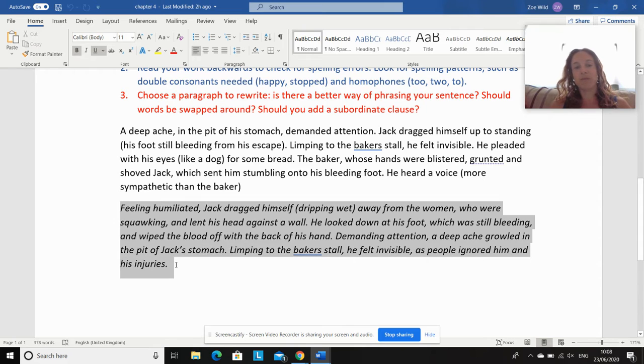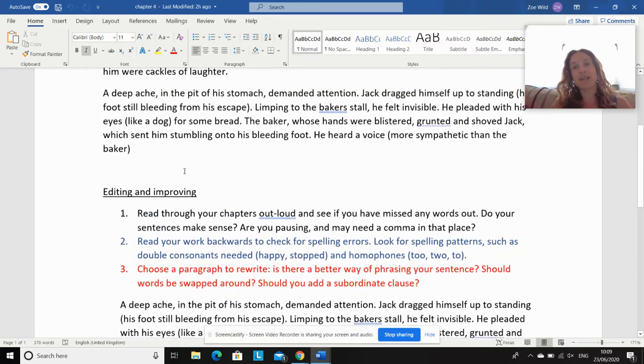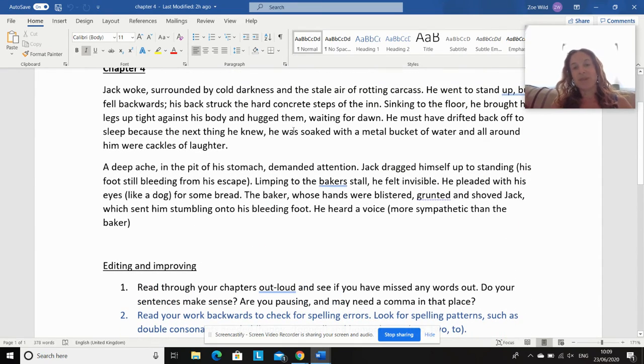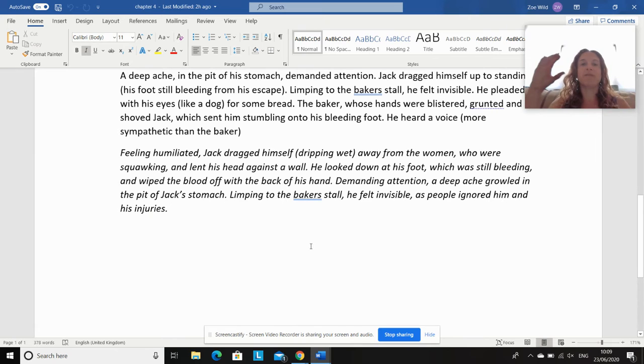So this is my improved one. I've done it in italics so that you can see. It did say, a deep ache in the pit of his stomach demanded attention, and I haven't completely got rid of that, but it now is down here somewhere. I've rearranged it a little bit. I realised, reading the first paragraph back to myself out loud, that it ended with, he was soaked with a metal bucket of water and all around him were cackles of laughter. And then it doesn't actually mention anything about the fact that he's soaking wet or these people are laughing at him. It goes straight to his hungry stomach. And so I felt that I needed to add something to allow that cohesion so that it went from one paragraph to the next paragraph